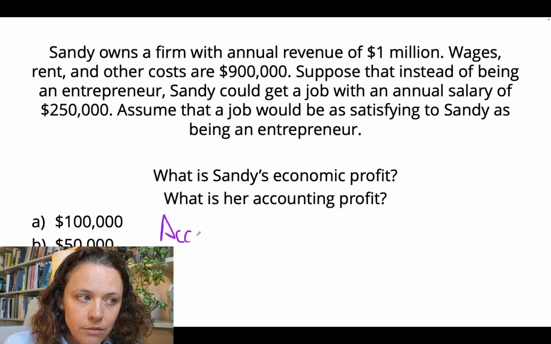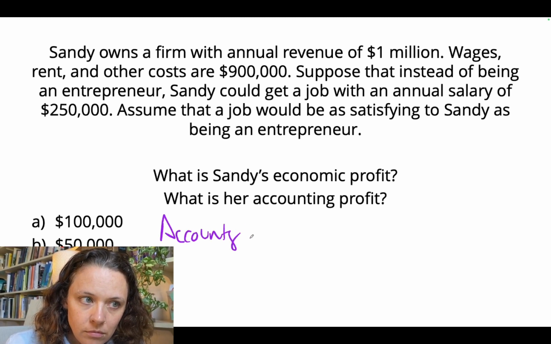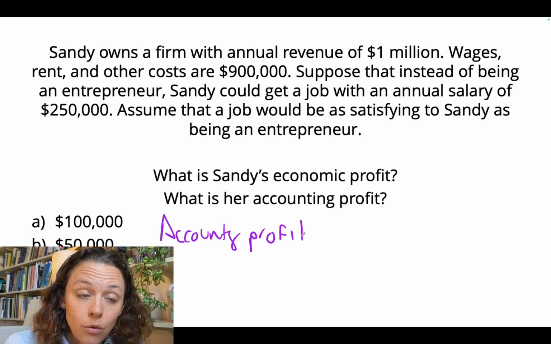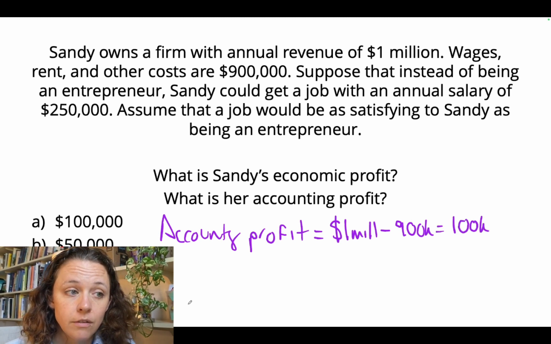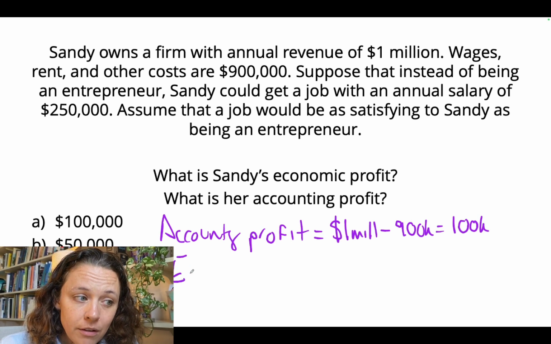So accounting profit is going to be all the revenue, 1 million, minus all the costs. And this is going to be 100K. So her firm is very profitable, right? She's done very well. Now her economic profit